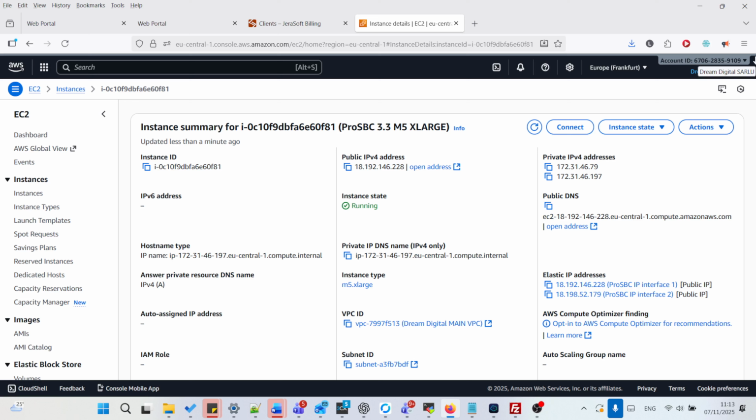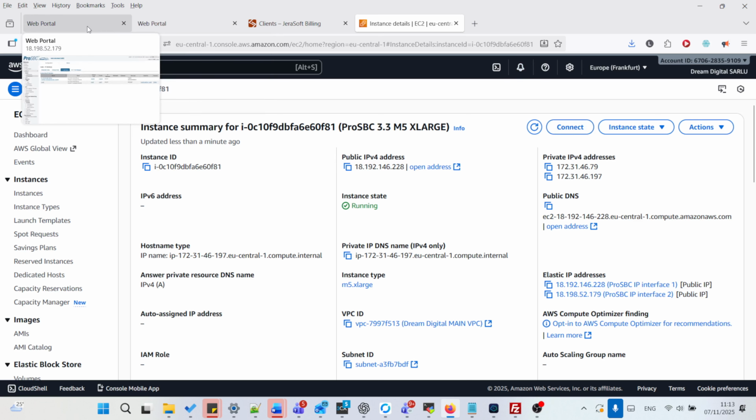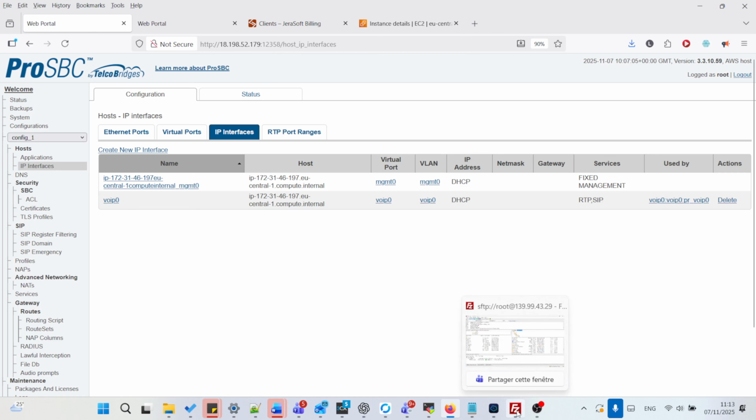Okay, so four CPU, 16 gigabit memory. Okay, I'm good with that. Okay, and